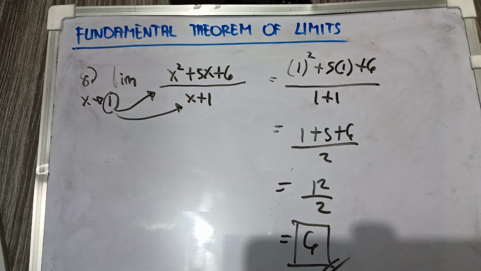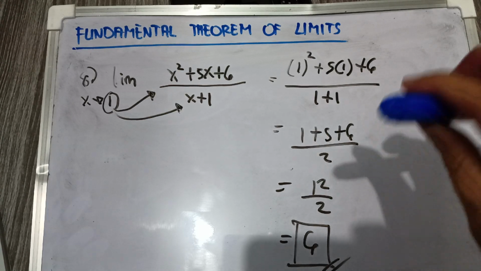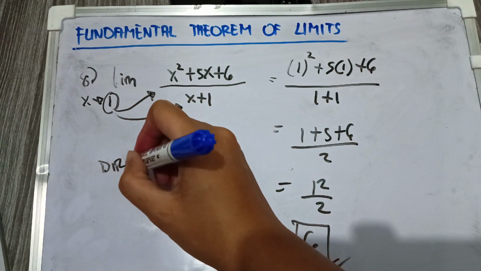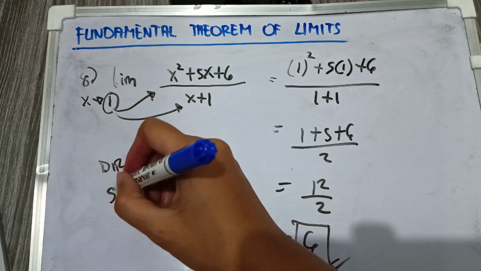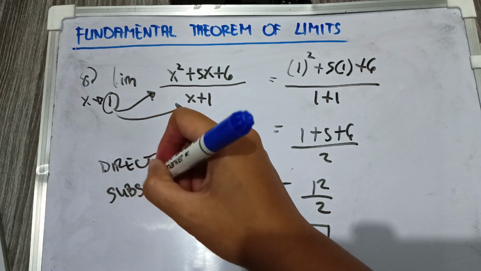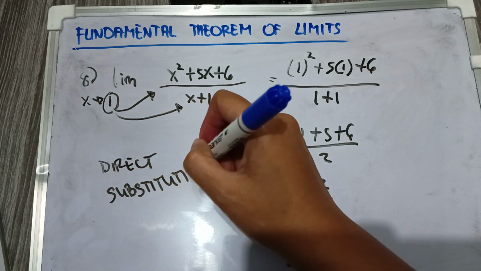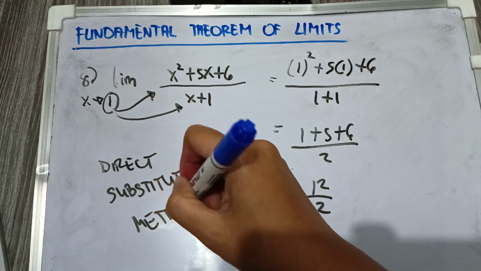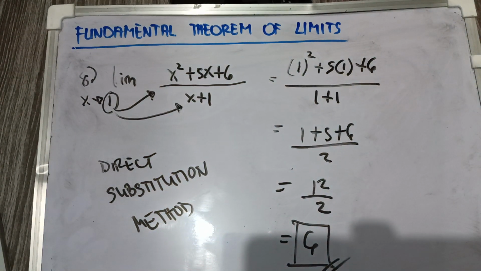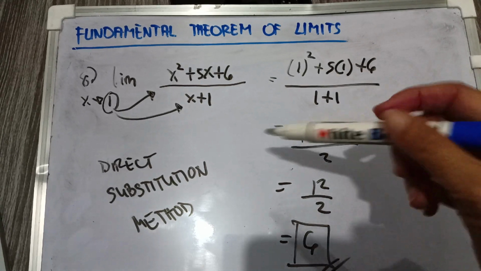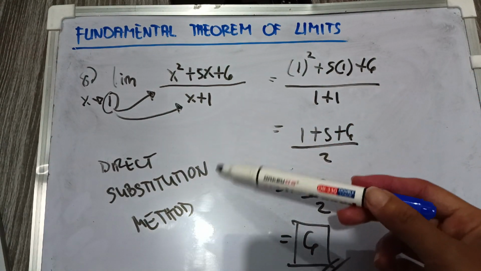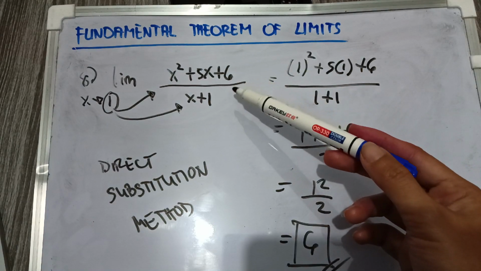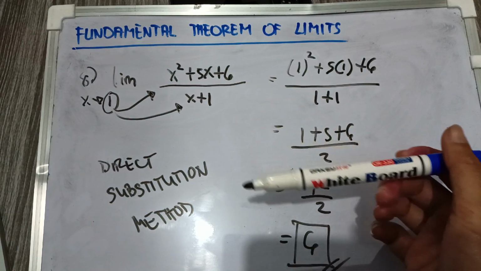Okay? This is the direct substitution method. We are only using this method if the polynomials have no